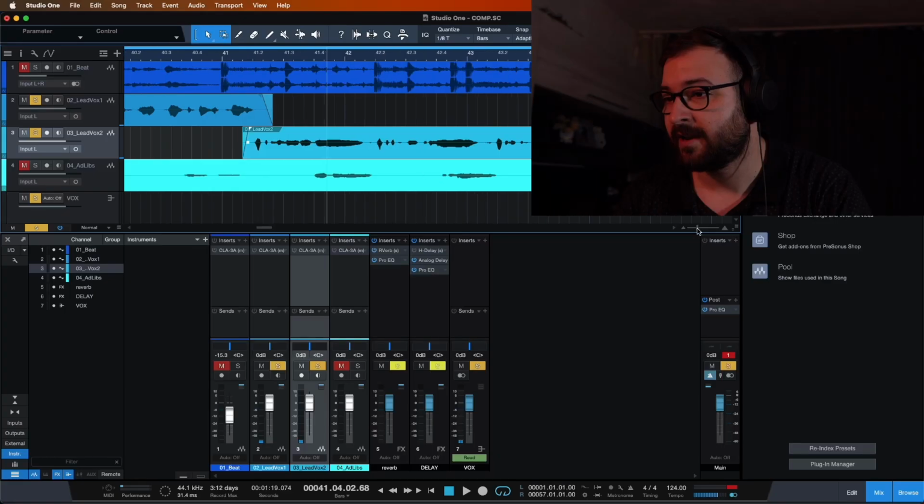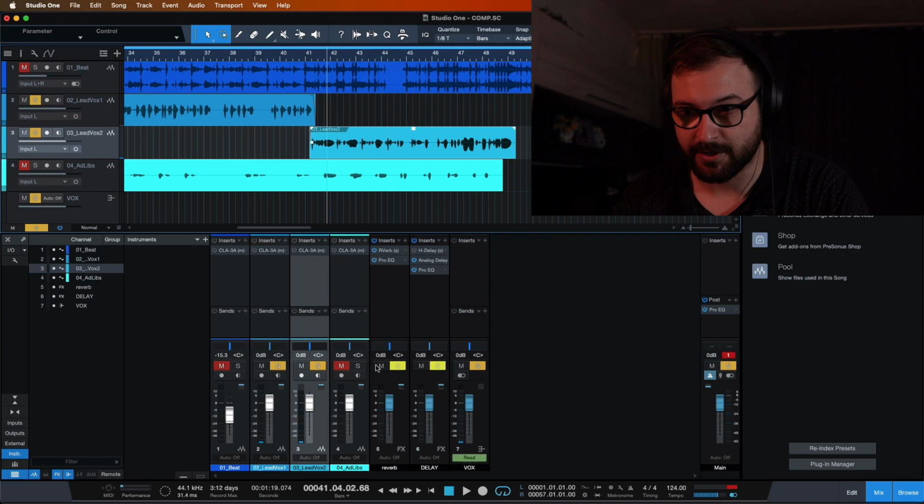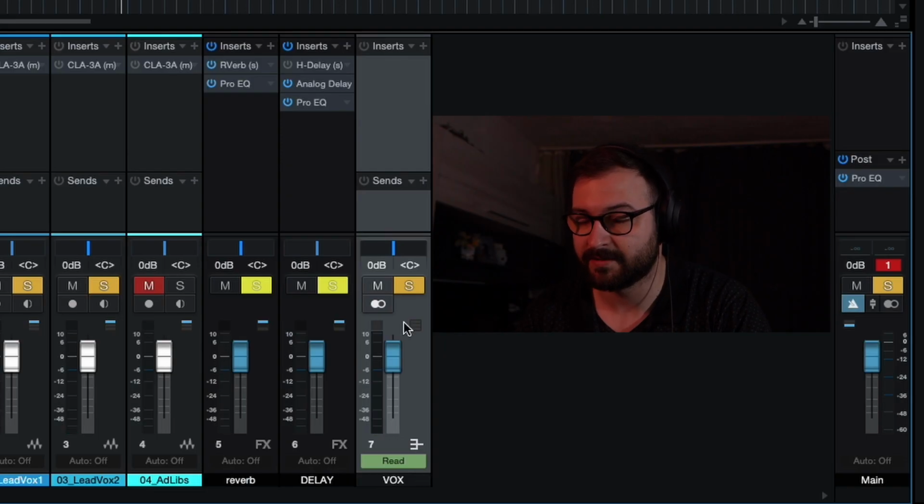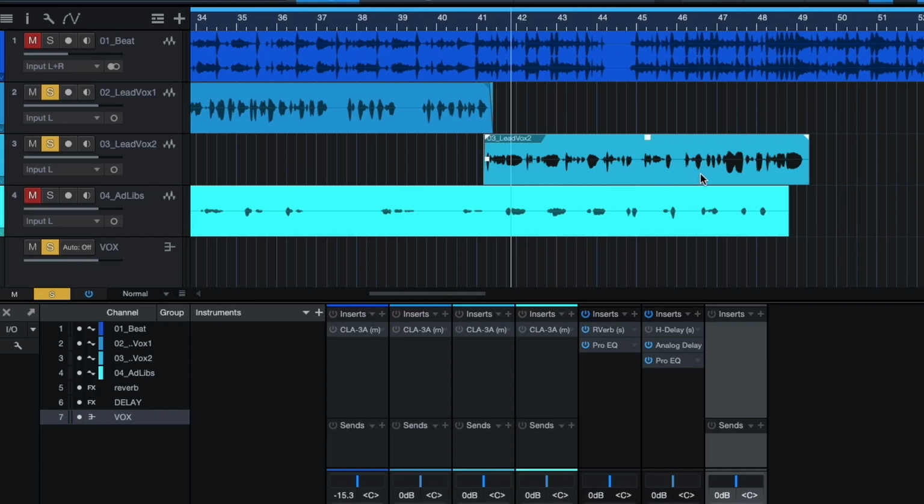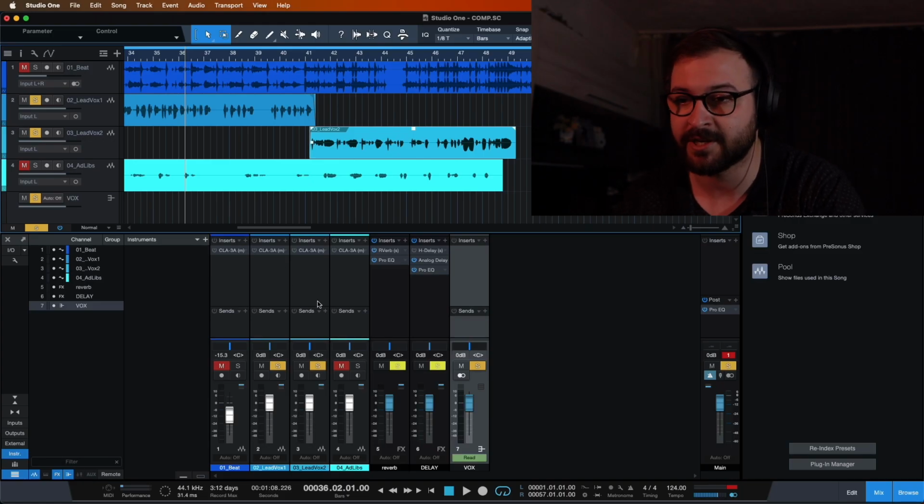That's fine for me. Now let's apply the first EQ. So this is the bus where the vocals, the lead vocals, are coming in. A video about buses and FX channels is on the way, but for now what you need to remember is that this helps me save resources. So instead of applying the same plugin 3 times, for 3 different channels, or well, in my case 2 different channels, I will apply it just once here.